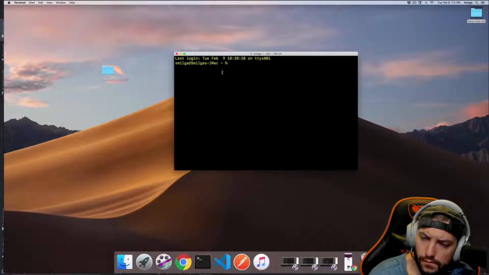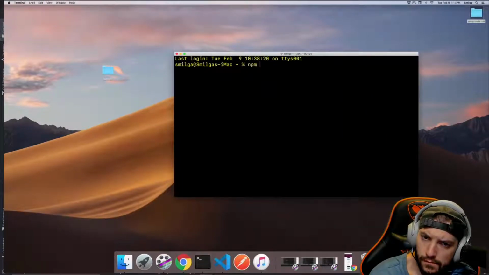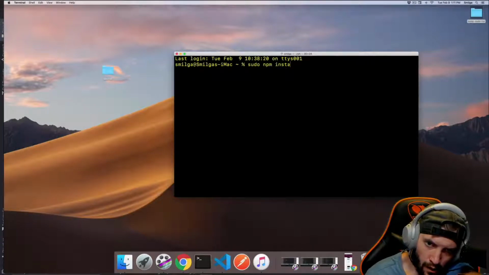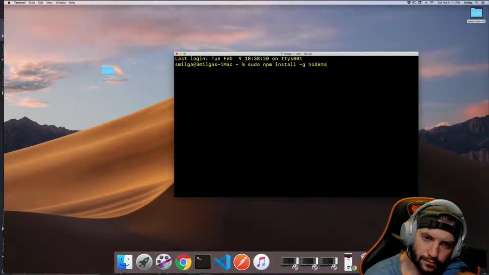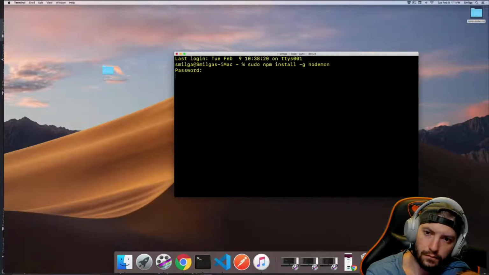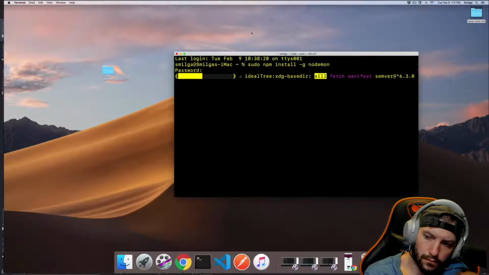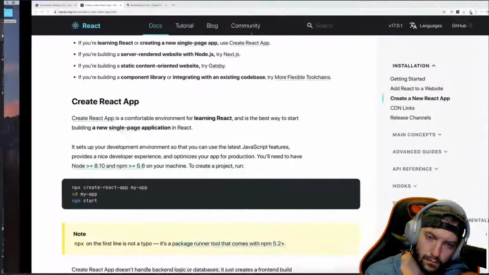So in my case, I'm just gonna navigate back to my terminal, just so you don't think that I'm cheating. And I'll zoom in and we'll simply run, by the way, I need to start with sudo and then npm install and -g. And of course, we're looking for Nodemon. So now, of course, I'm prompted to enter my password. And once I enter my password, of course, I'm going to install Nodemon globally. And now in any of my projects, I can simply go with command of Nodemon and then whatever is the